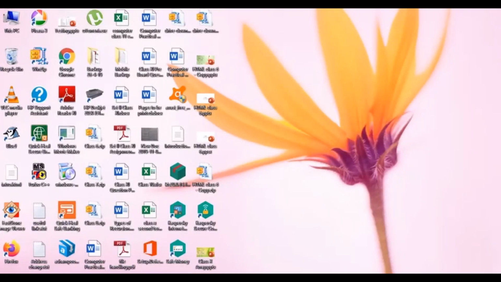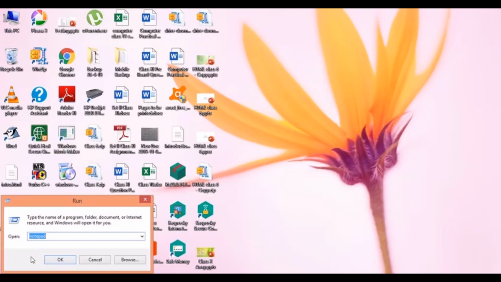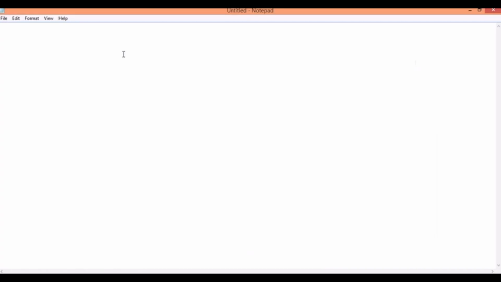Now we will be learning how to write HTML code in Notepad. So for that we will go to Run and type Notepad and click on OK. The first tag with which we start the HTML code is HTML, and its closing tag, since it's a container tag. We'll be writing the head tag and we will be writing the title tag.